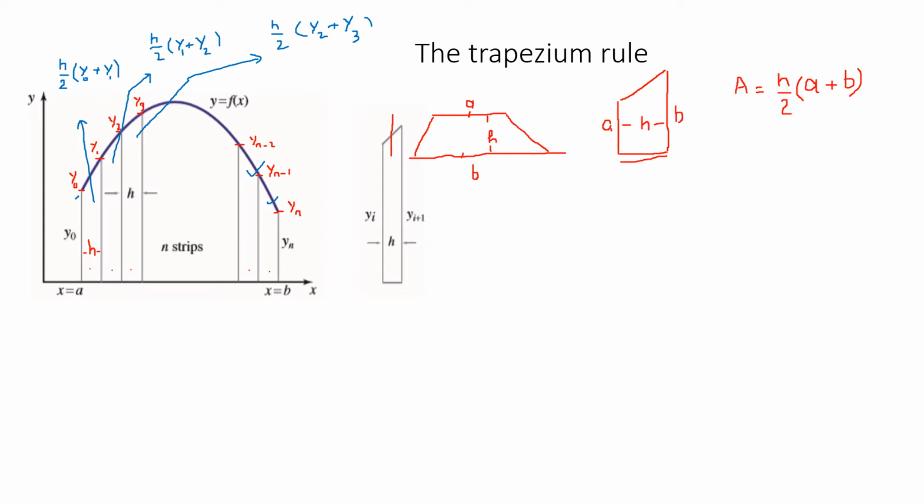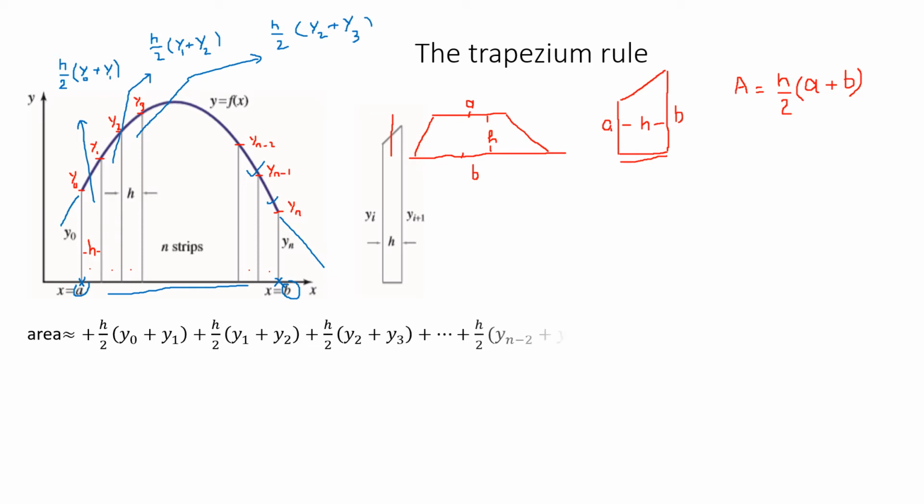The curve may be that longer, but we are doing area only from A to B. So x is A and then all the way to B. So we are calculating this area from A to B, adding up all the areas,